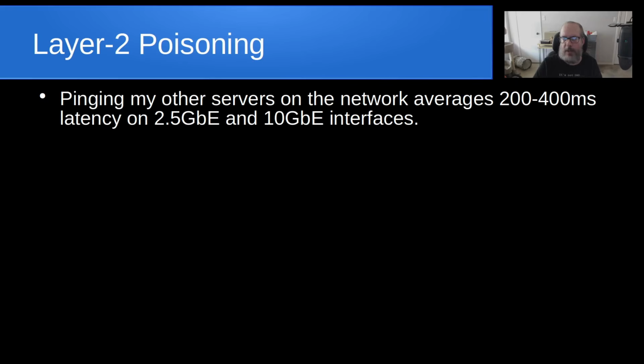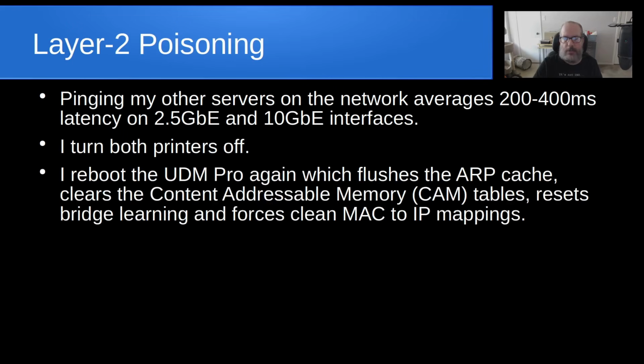So 400 milliseconds is darn near a half-second ping, and that is really slow. So I turn both printers off. And I reboot the UDM Pro again, which flushes the ARP cache. It clears the content addressable memory tables. It resets the bridge learning, and it forces clean MAC to IP mappings once again,